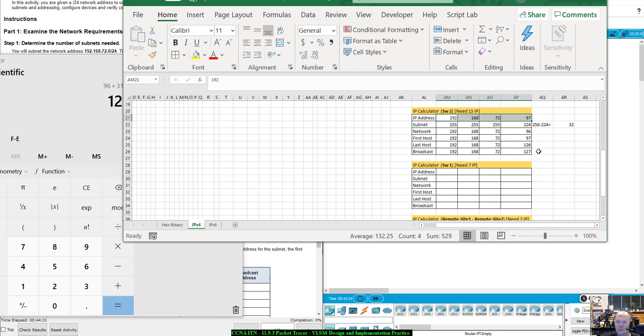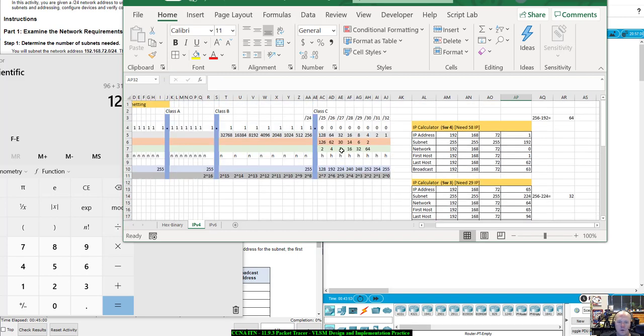All right, now before you start looking at anything on the left side of this, just make sure you go through and say, okay, broadcast. One more than the broadcast of the previous subnet is going to be the network address for the following subnet. All right, so add one more, 128. All right, so we need 7. So look up here. 7